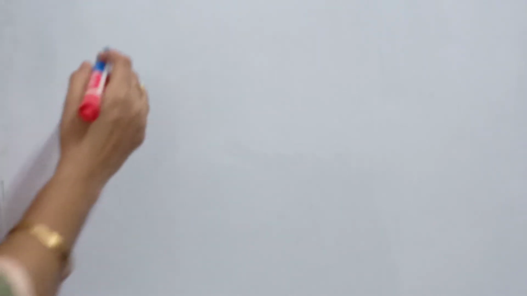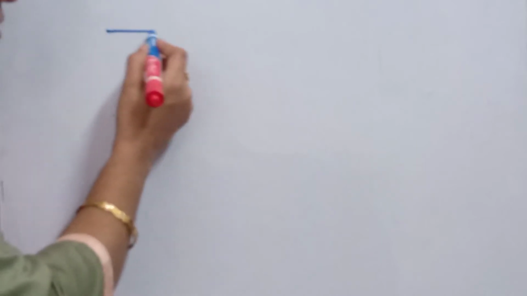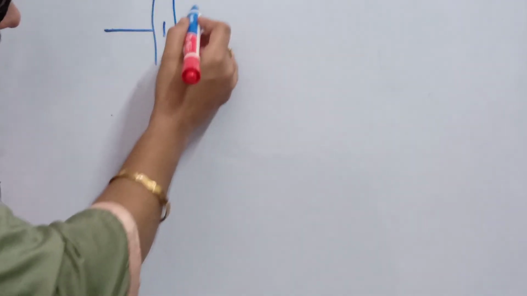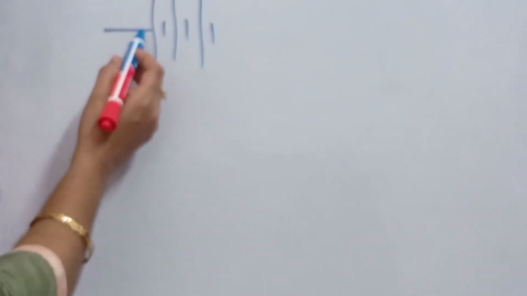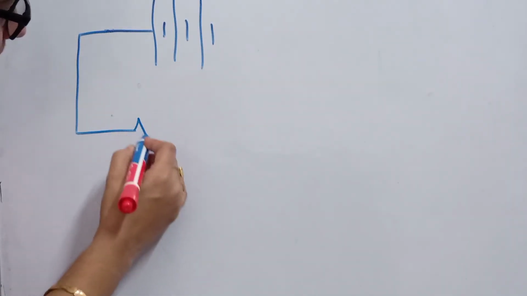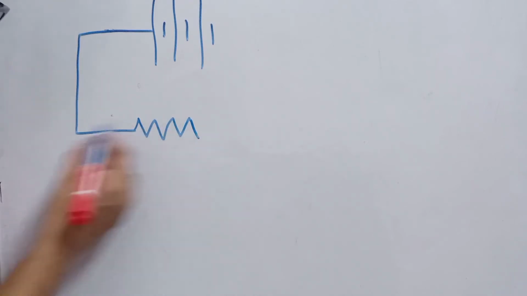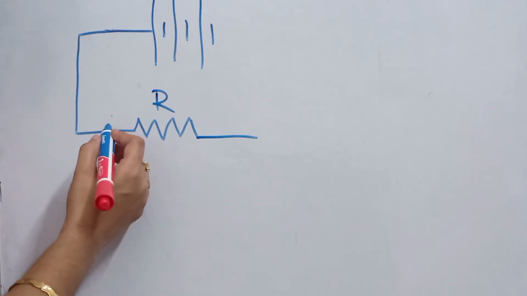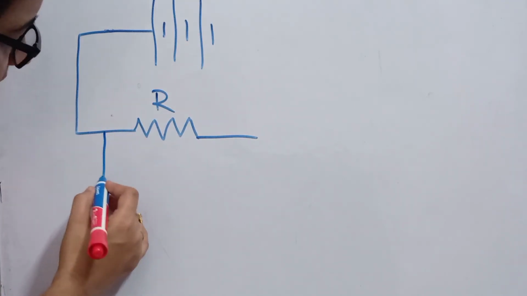In the second part of the question, we have to draw a circuit diagram to obtain such a graph. Here the graph obeys Ohm's law, right? So we have to draw the circuit diagram of Ohm's law. For that we can start with the cell. So here we draw positive, negative, then positive, negative, positive, negative like that. From the positive side of the cell we have to connect to a conductor or an unknown resistor. So we can mark it as R,